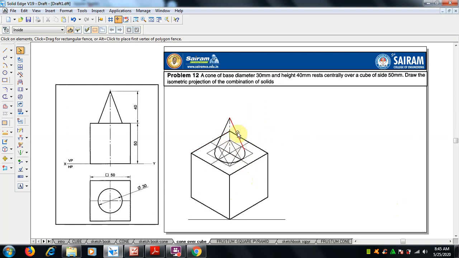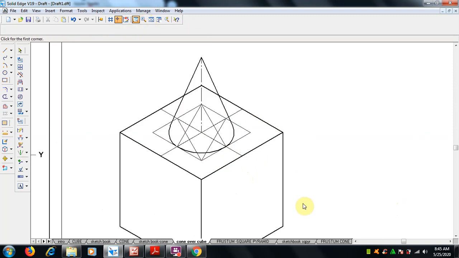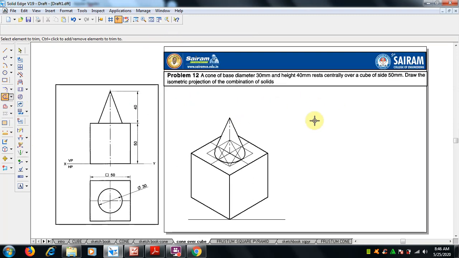Okay, and here also, which is crossing in the 3 view, so we cannot see the box with this. So right, we can trim it off also. That also we can trim it off. So now it is the real picture of the cone over this. Clear? And before going to complete this, what we have to do is, we have to make it into